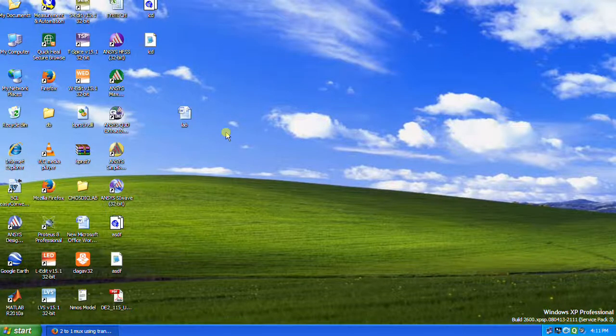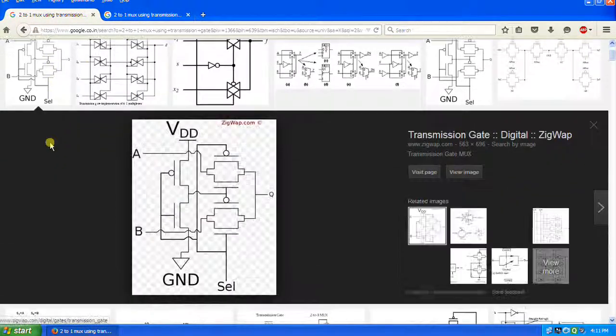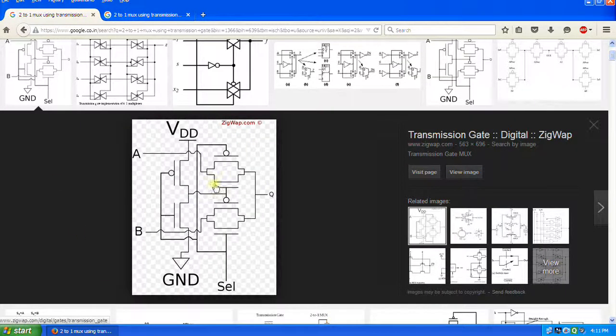Now today the practical will be number four, 2:1 MUX using transmission gate. Here in YouTube or Google you can find several diagrams. We'll be implementing this specific one, but the main important thing is the inverter stuff we are not going to